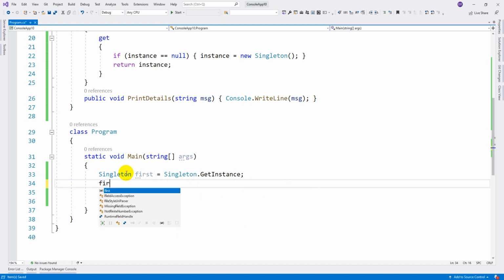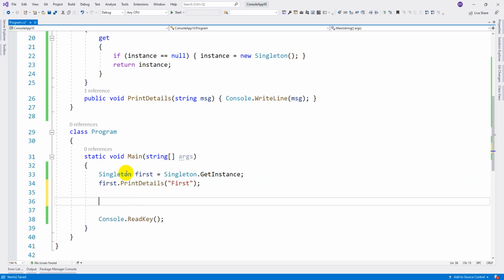So let us test whether it is working or not. So this dot print details. Let us write first. Like the same, let us create one more instance, singleton second. You can see, when you called this get instance, the object was already created. With that object we are able to call print details.